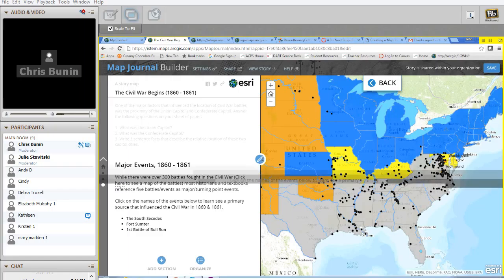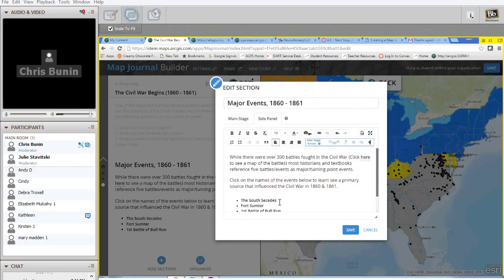I'm going to go ahead and choose Edit. And now I want to show a few primary sources that I've gone out to the Library of Congress and collected the web addresses for. And I added them as map notes on my regular map. I'm going to highlight the South secedes,